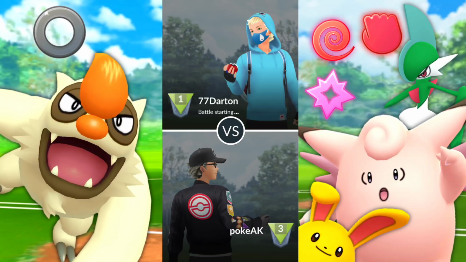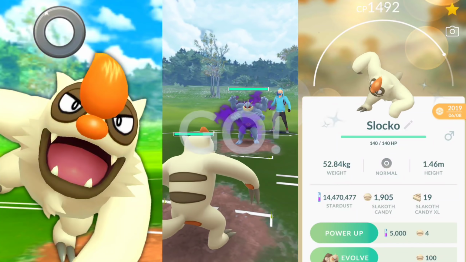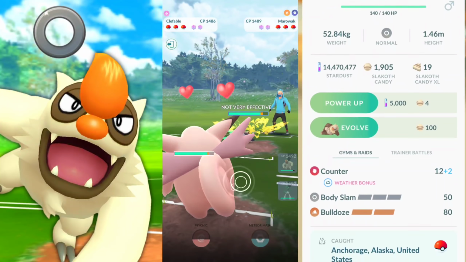Welcome back, trainers, and we're going to be taking a look at my first Season 7 Go Battle League battles. Let's get it. Unfortunately, Mawile is going to be sitting this one out, and we're going to be using Vigoroth,